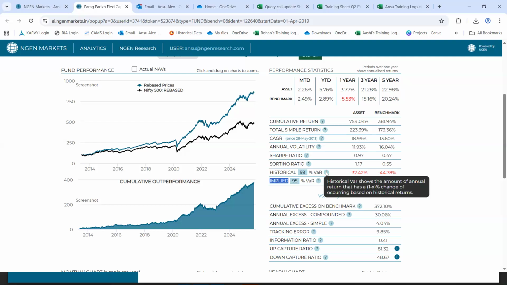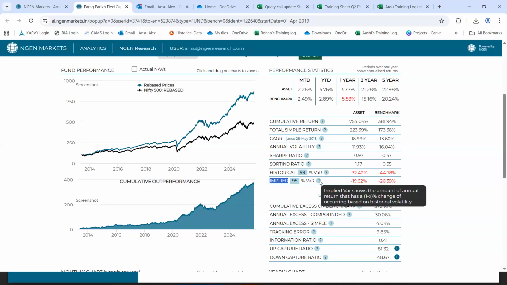While we calculate historical VAR, we consider the historical returns as the parameter. And when implied VAR is calculated, we consider the historical volatility for the purpose of calculation. Both these parameters will show you the downside risk based on the confidence interval that you have set.